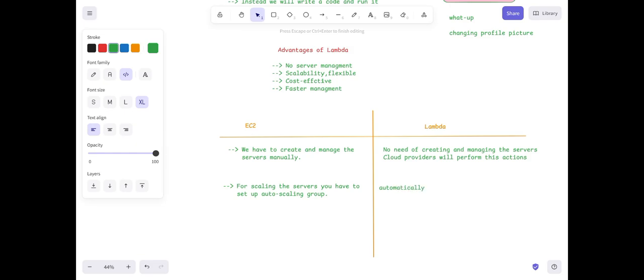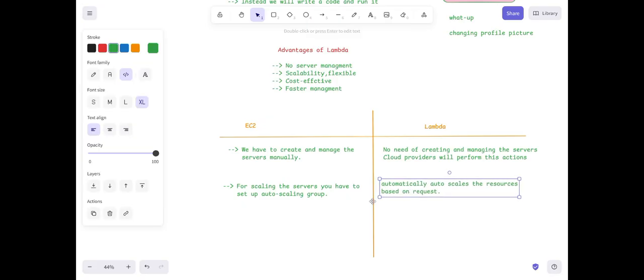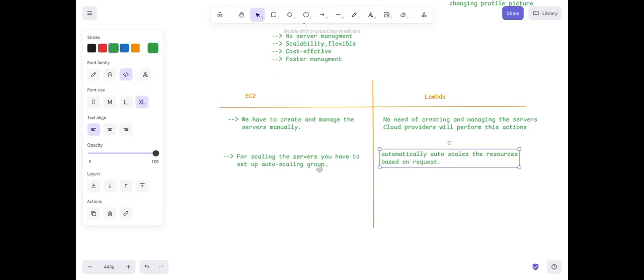It auto scales the resources based on request. So based on request, it is going to auto scale the resources.